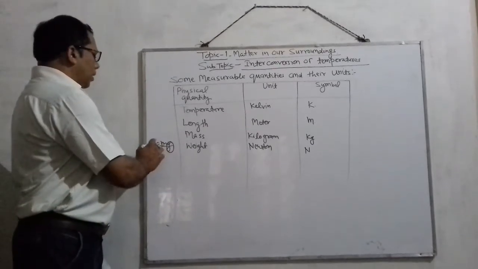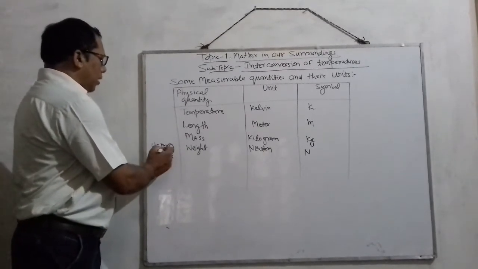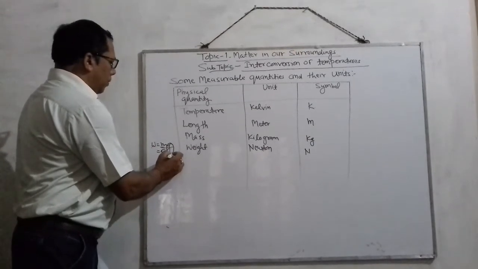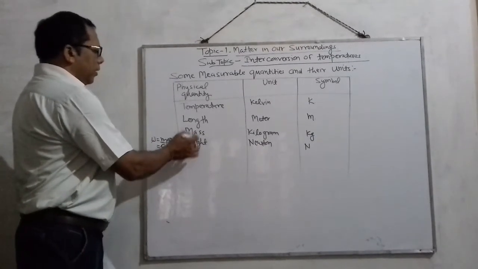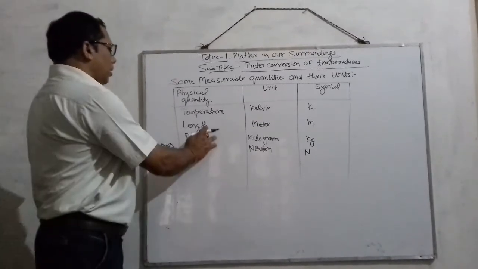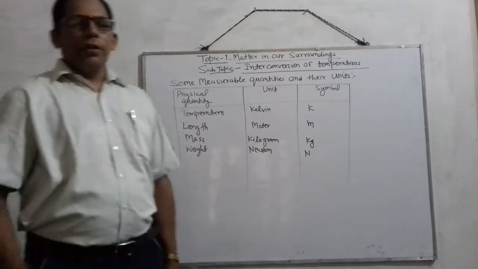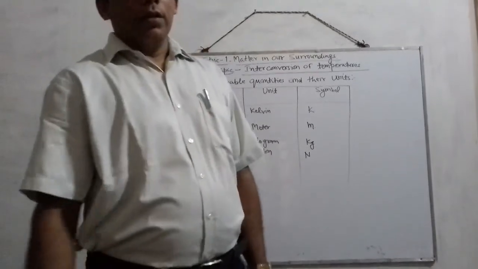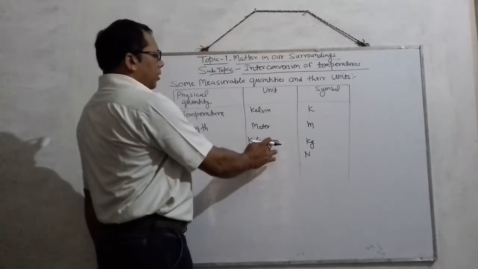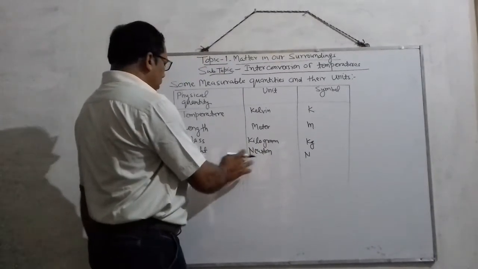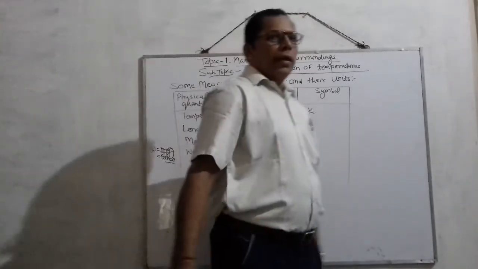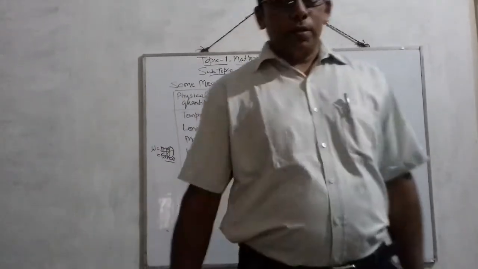So mathematically W is mg, and this mg is a kind of force. So weight is different from mass. Must remember, mass and weight are not identical. These both are different, and that is made clear by their units. Kilogram is the unit of mass, while Newton is the unit of weight, represented by the symbols kg and N.